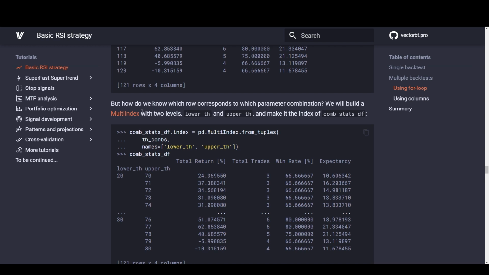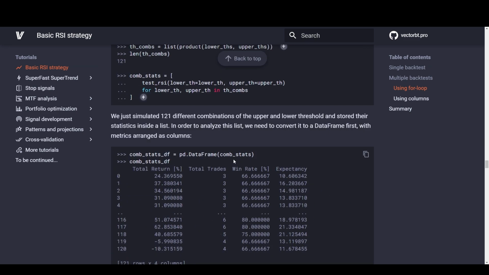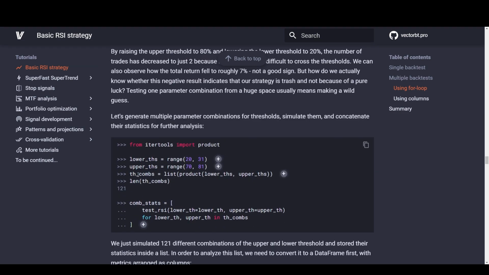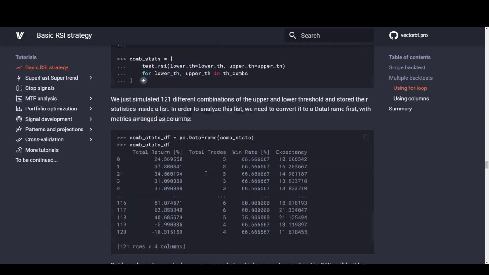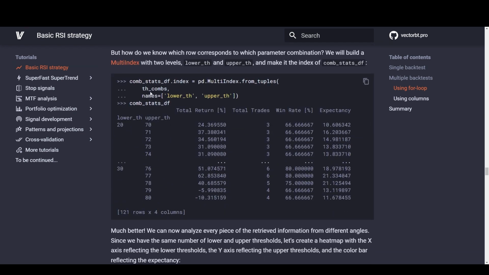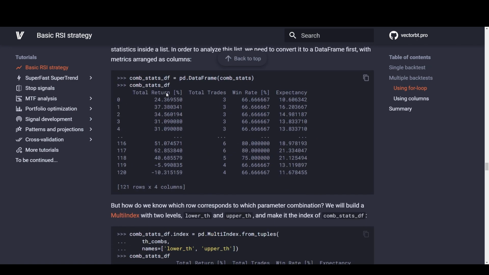We'll build a multi-index with two levels, average, and make it the index of comb stats df. Combstats df.index equals pd.MultiIndex.from_tuples. The combs, names equal th combs.